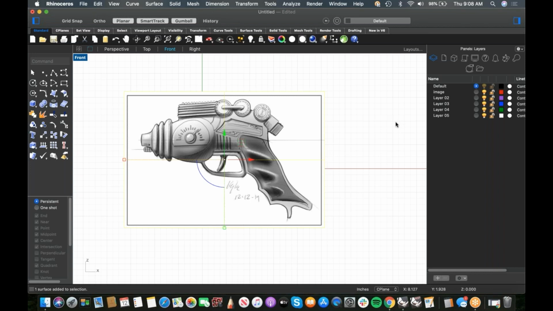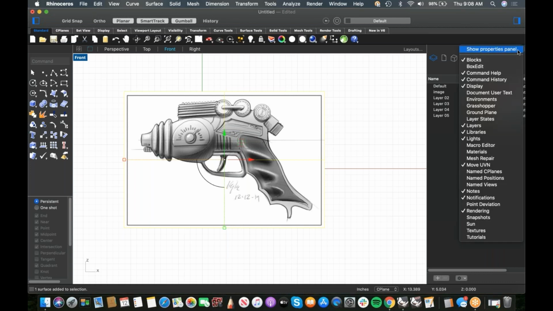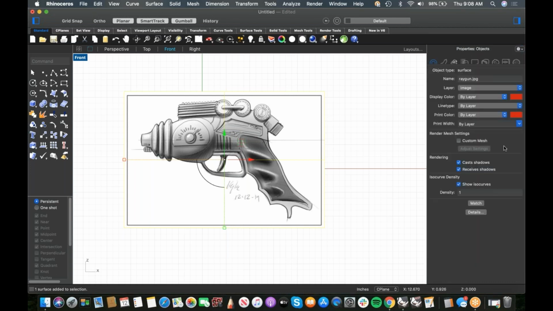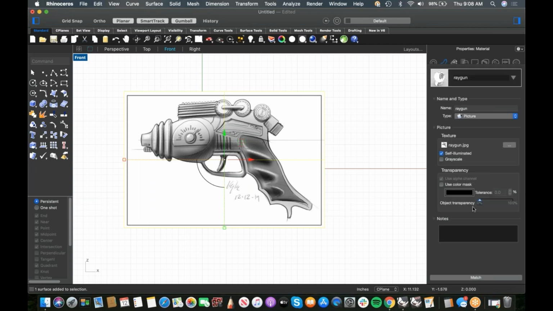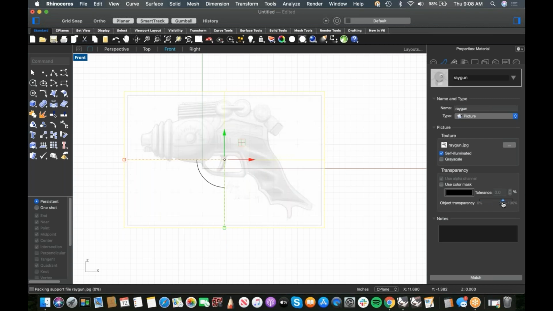What we're going to do is go back here to the properties panel and go to the material. Let's think for a second. And once it stops thinking, hopefully not crashing. Nope, we're good. Then I'm going to crank up the transparency a little bit, and as I crank up the transparency, you'll see that the image fades a bit. Okay, so once I get that faded back a little bit so that I can actually draw over it,